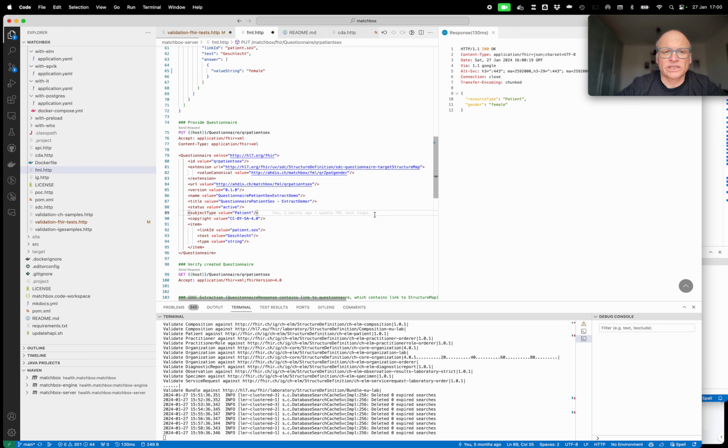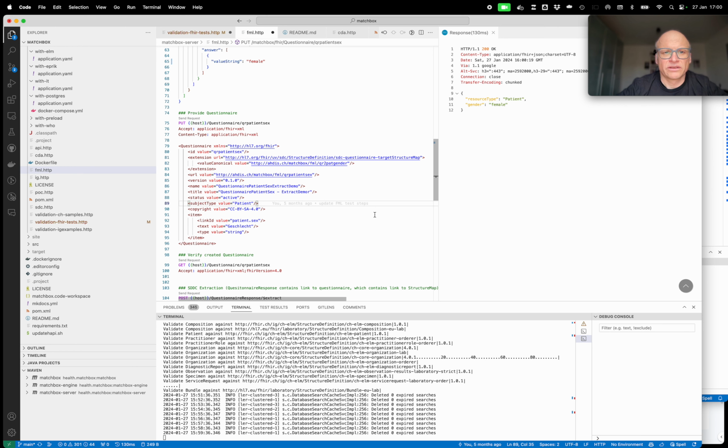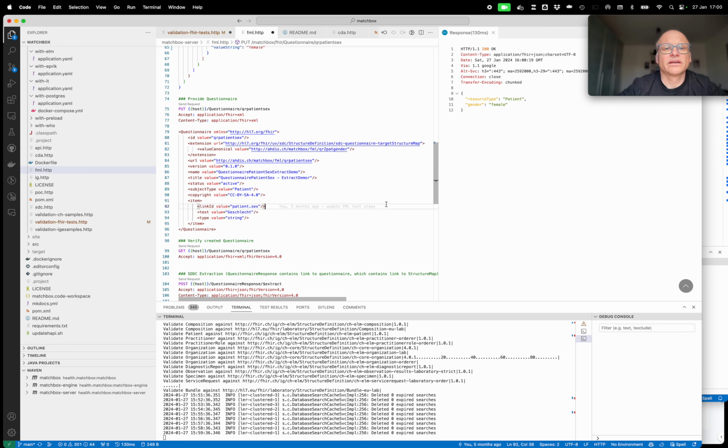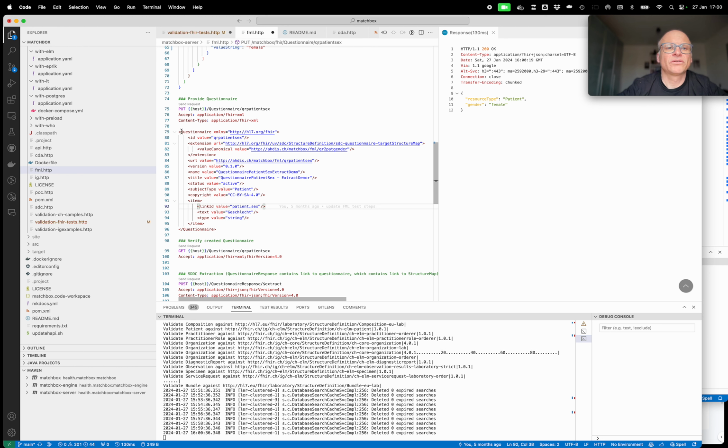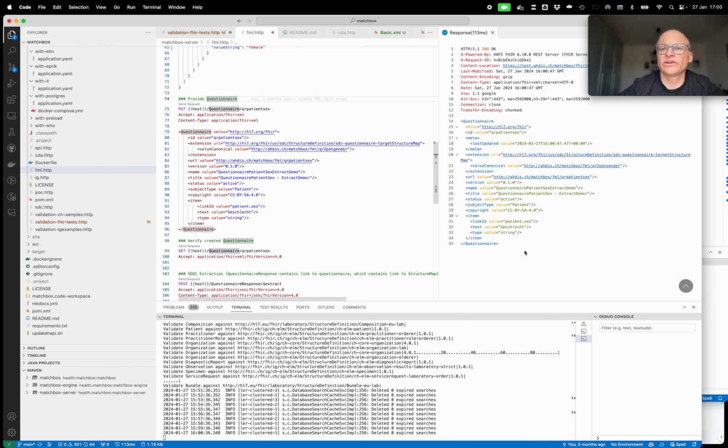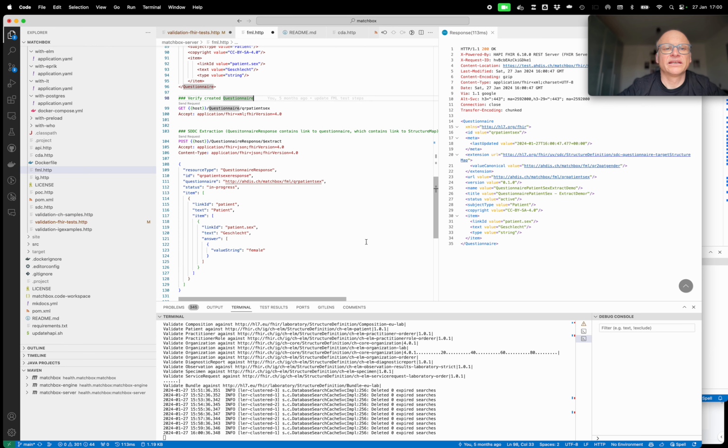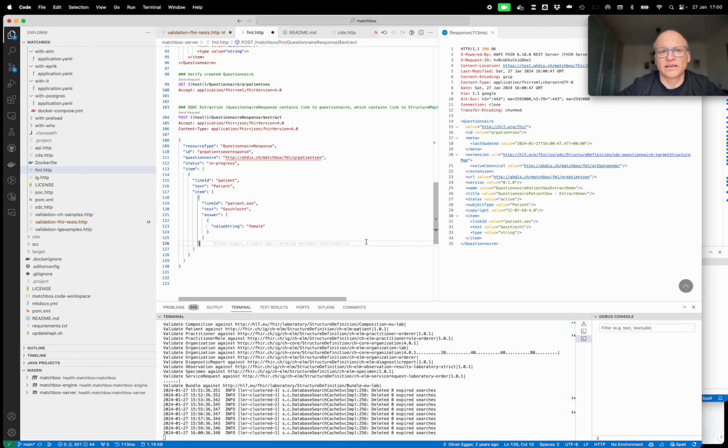So structured data capture defines questionnaires, and this questionnaire where we just sent the answer before could look like this. So I have an item with this patient sex inside and the reference to the StructureMap here. So if I upload that questionnaire to the server, the server knows now the questionnaire, and I can now,